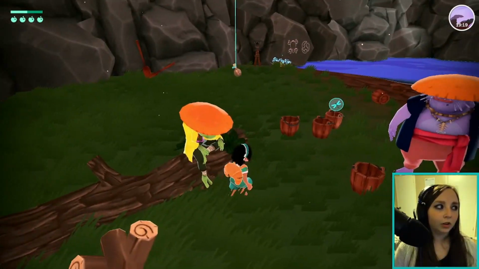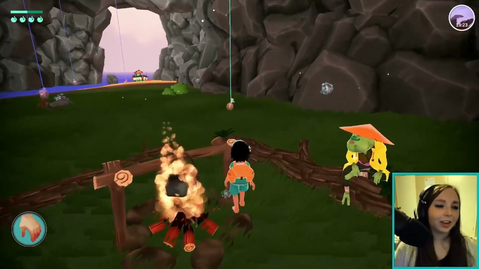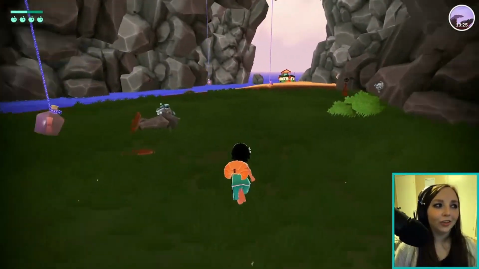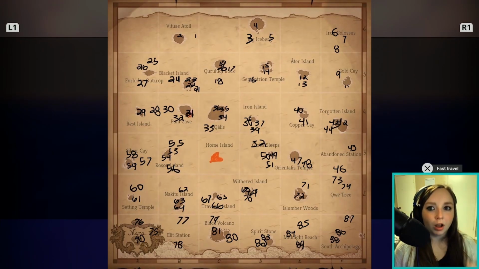Look, NoHo's here. What was his name again? Caleb. I was like, I feel like his name is very general. It's nothing crazy like NoHo. I'm going to pop up on the screen